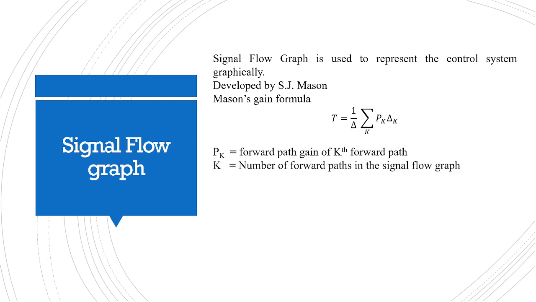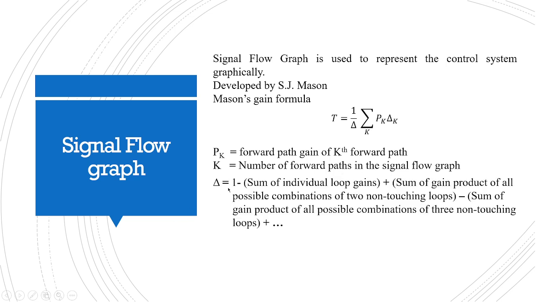where Pk stands for the forward path gain of the kth forward path and k is equal to the number of forward paths in the signal flow graph. And delta is equal to 1 minus sum of individual loop gains plus sum of gain products of all possible combinations of two non-touching loops minus sum of gain products of all possible combinations of three non-touching loops plus so on. And delta k is equal to delta for the part of the graph which is not touching the kth forward